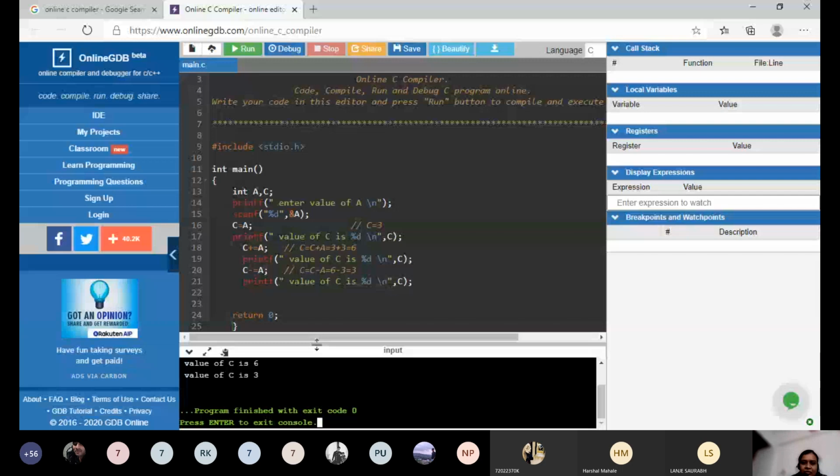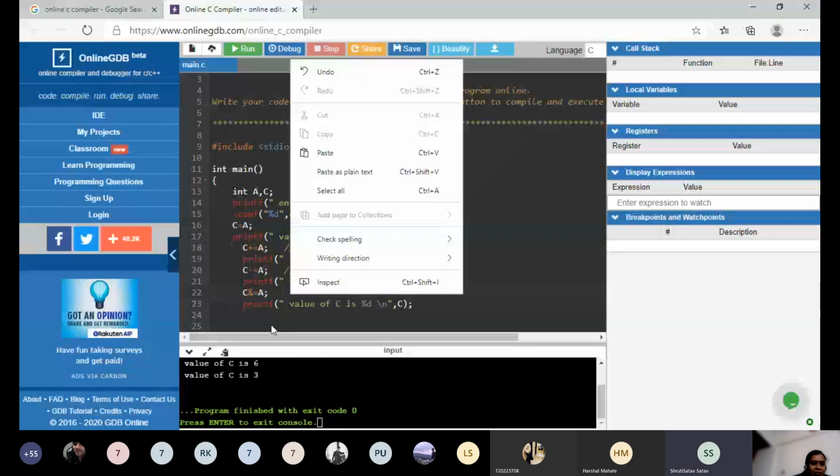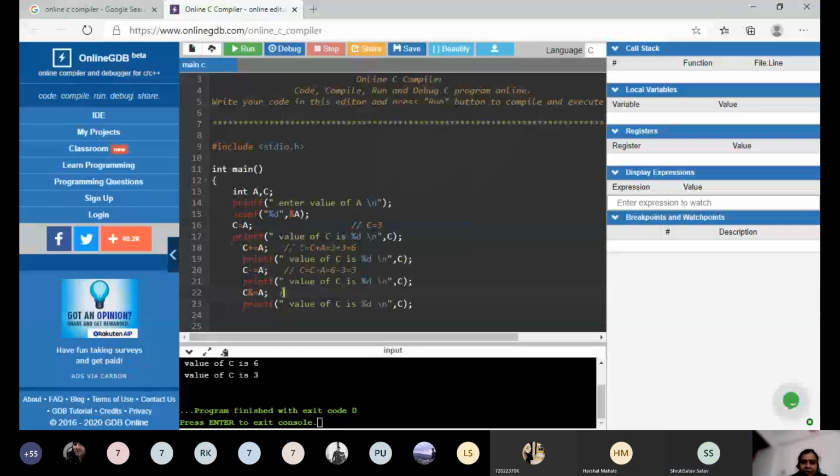What answer should I get? Now what is the value of C? It is 3. The value of A is also 3. So 3 and 3, bit-wise AND operation. Perform the bit-wise operation. The value of C is 3, so C is 0 0 1 1. We did an AND operation with 0 0 1 1. What answer will come? 0 0 1 1 will come. Right? So we should get answer 3 here.